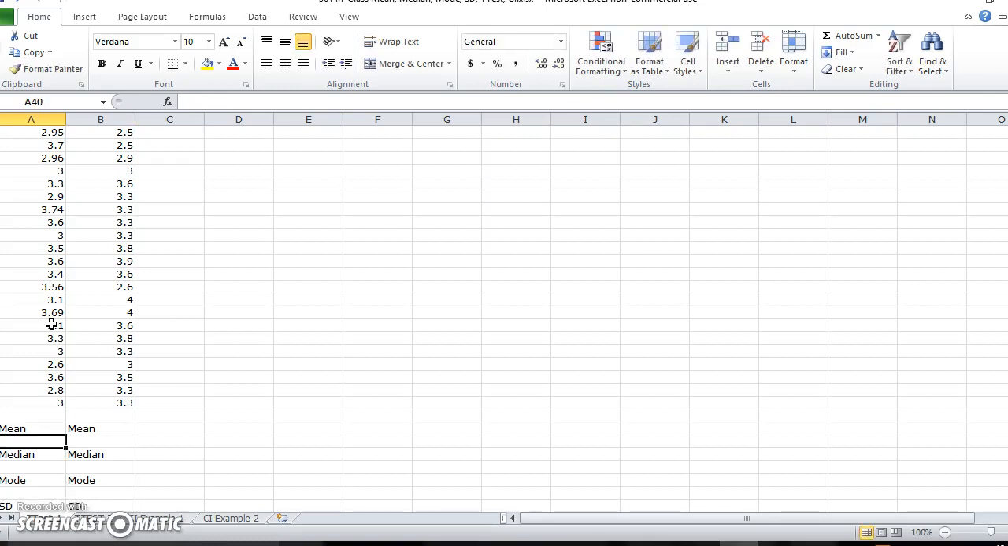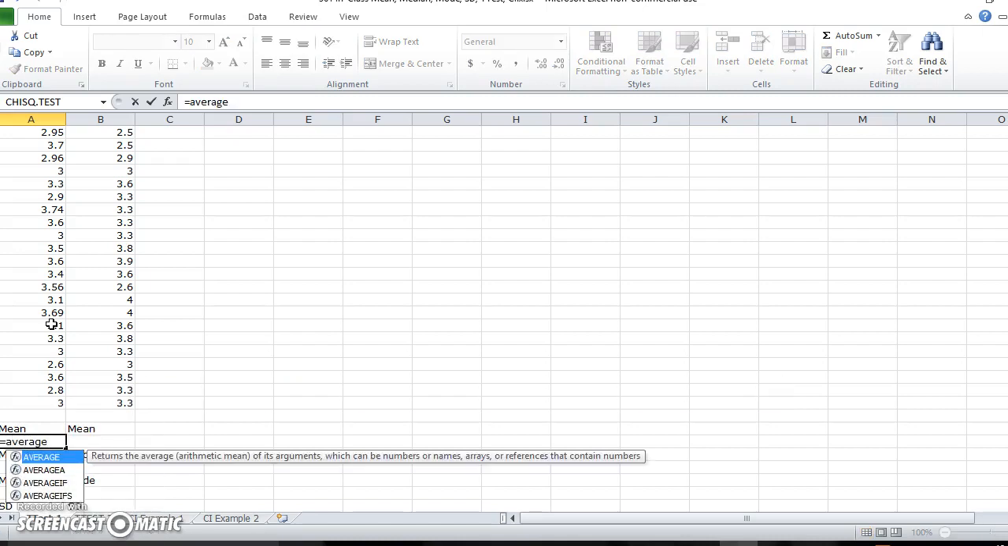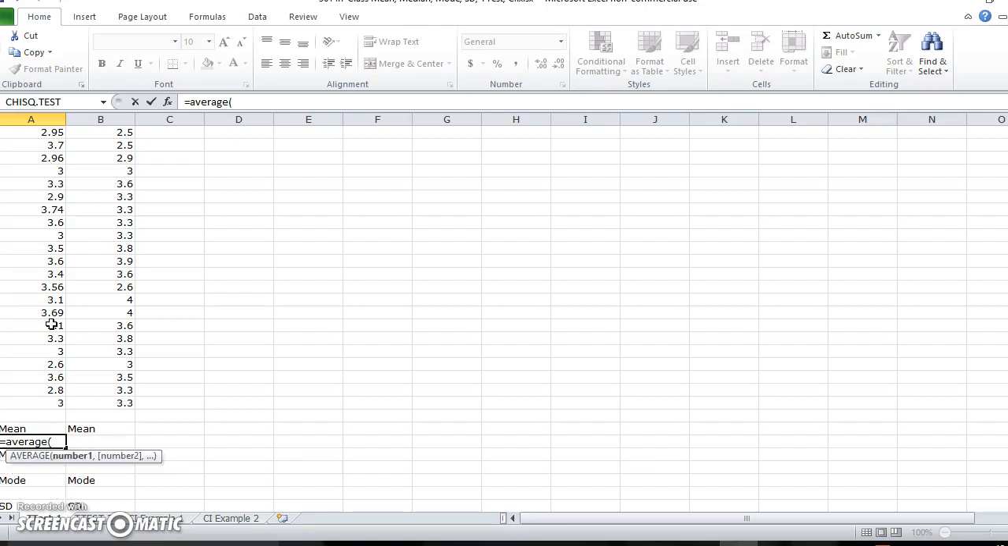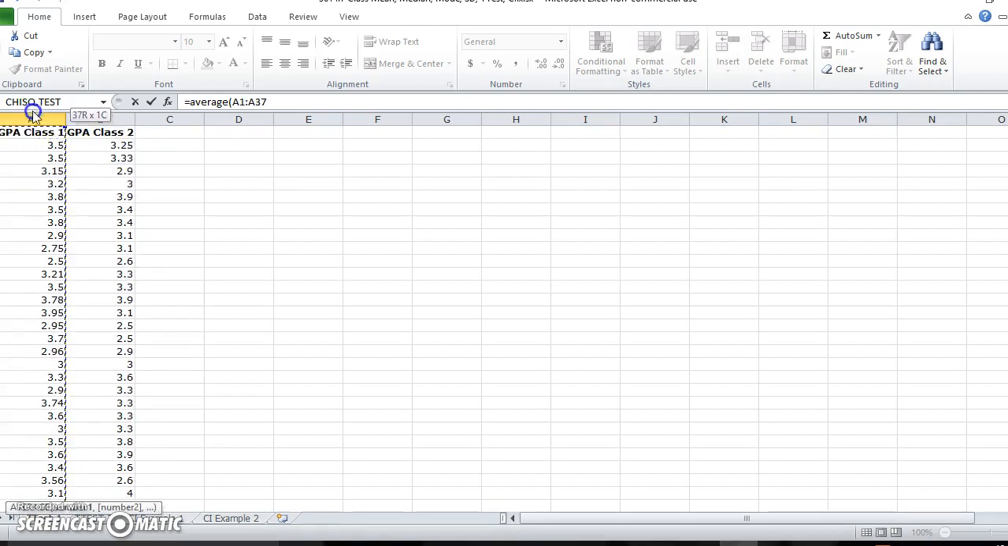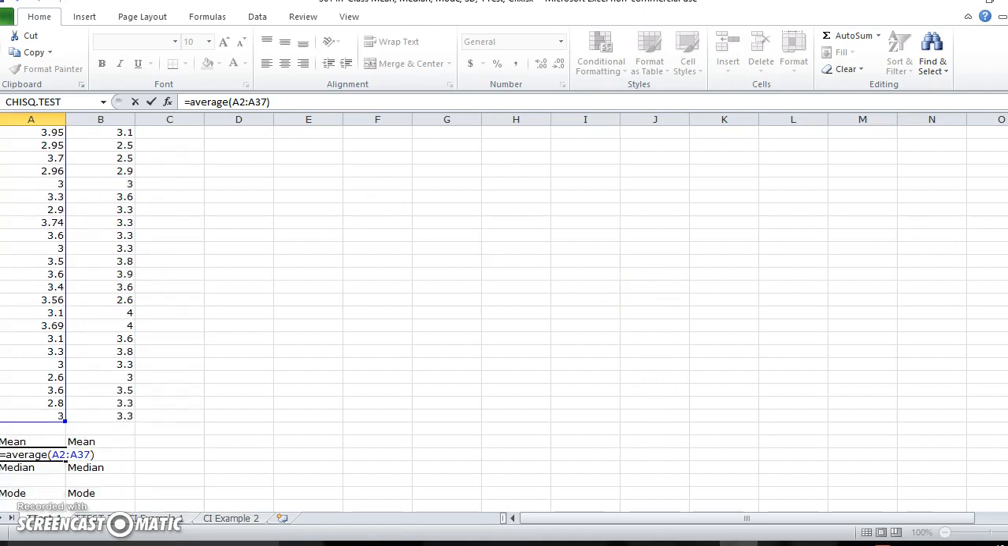So for mean, I would type in equals average. Whenever you want to calculate the mean for something in Excel, you type in equals average, parentheses, and then input the data that you want to get the average of, or the mean of. So I could highlight A37 and scroll all the way up to A2. I don't want A1 because that's not included. And then, as you can see up here, equals average A2 colon A37, parentheses,